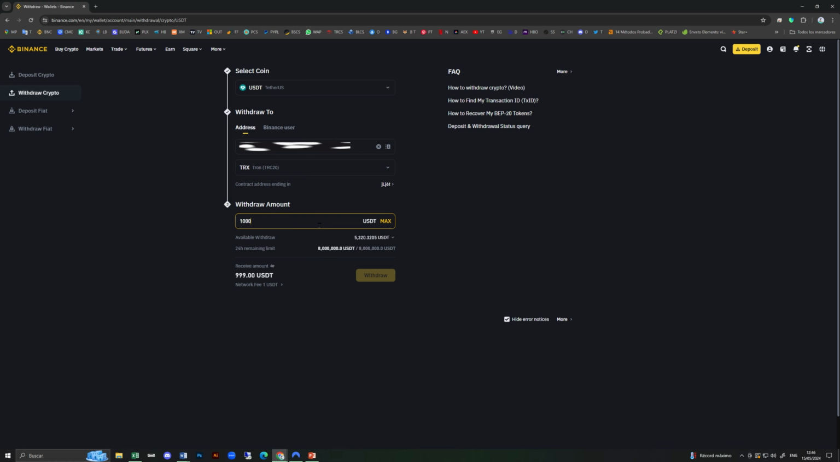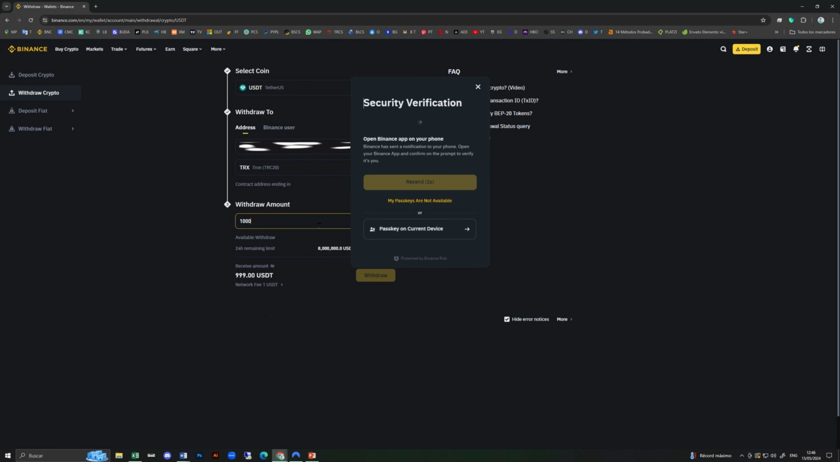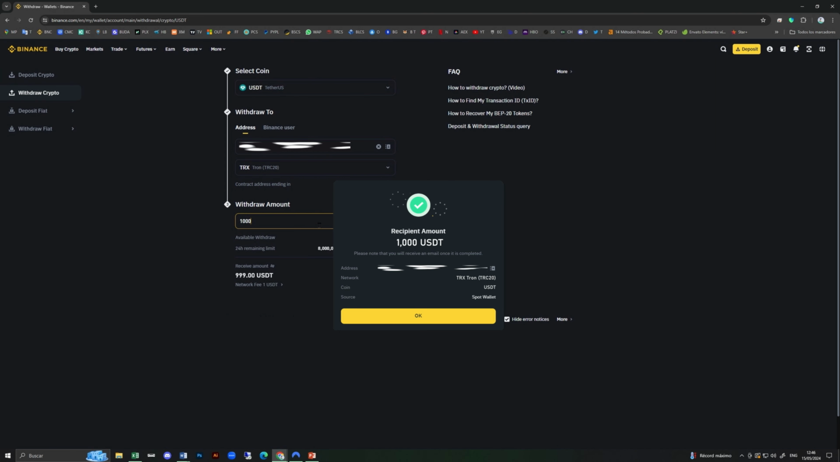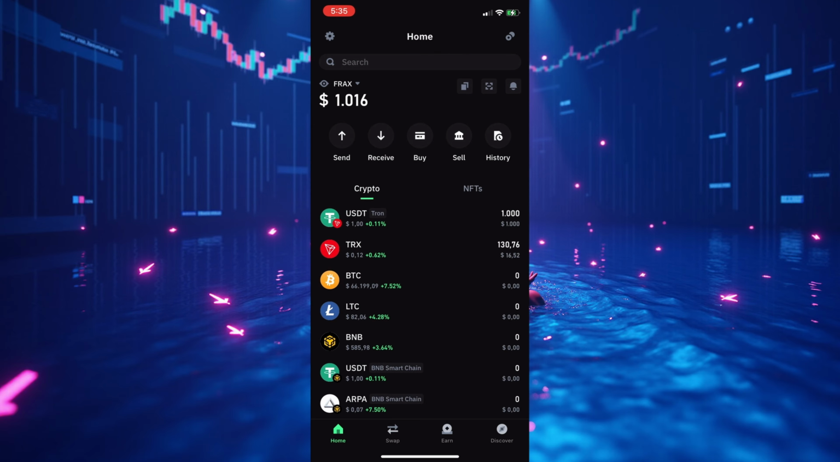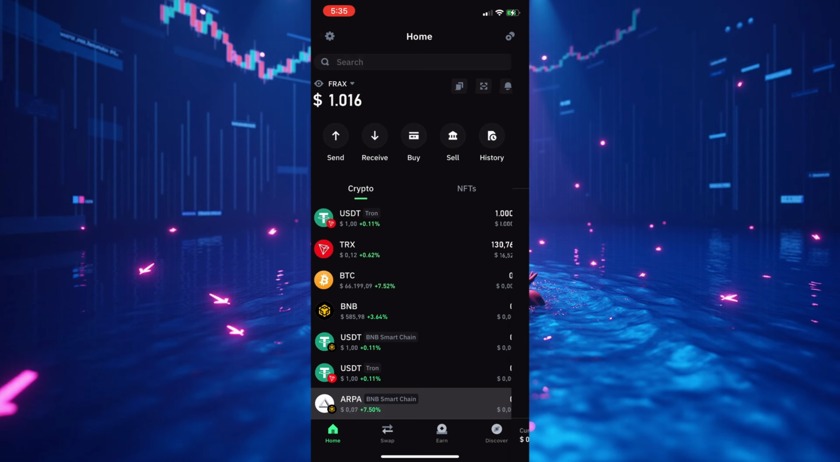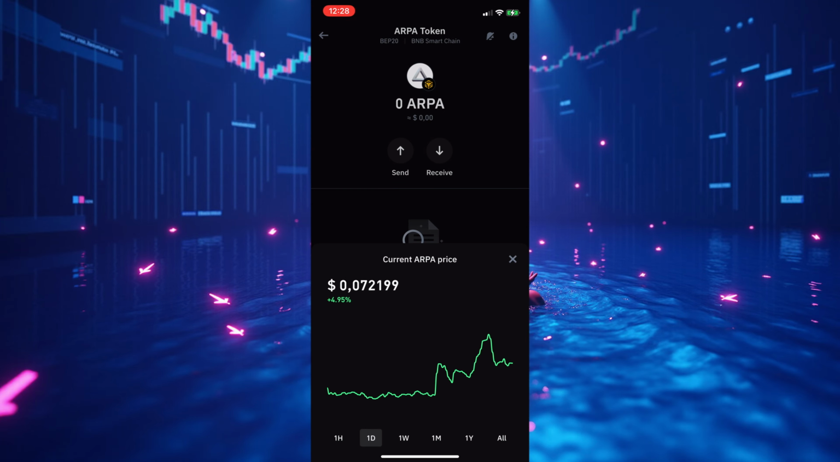So stay tuned. I'm going to transfer 1,000 USDT from Binance, where I keep my base cryptocurrencies, to Trust Wallet. Remember, you can also do this with a minimum of 100 USDT, so there are no excuses not to take advantage. Now in Trust Wallet, ensure that the ARPA coin is enabled. Take note of the current price, which is 0.0721 at the